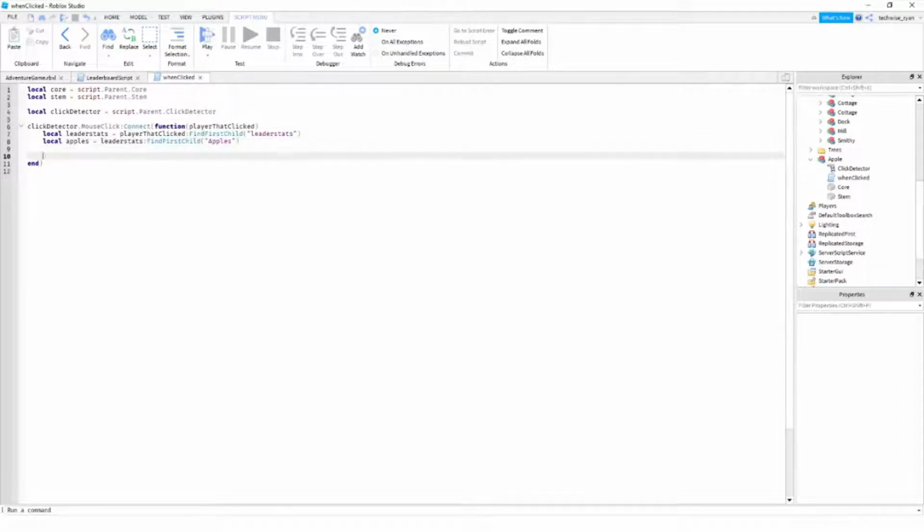Okay, so next, we need to make the apples value go up by 1. So we need to do apples dot value. So it's going to get that value that's already in the leader stats. And we're going to do is equal to apples dot value plus 1. And why do we do dot value instead of just apples? Because apples is not a number, so we need to get the value of apples. We need to get the number value that's inside of it, and we need to increase it by 1. So now, if we play it